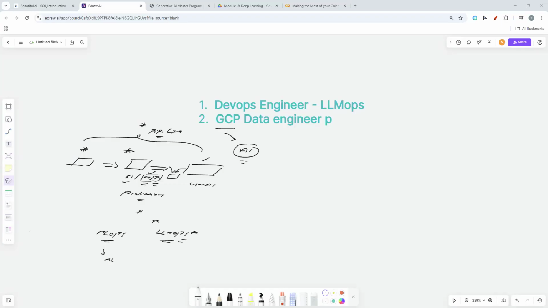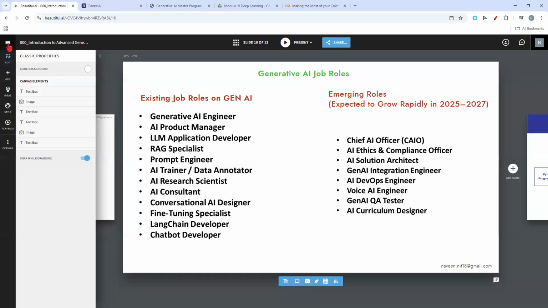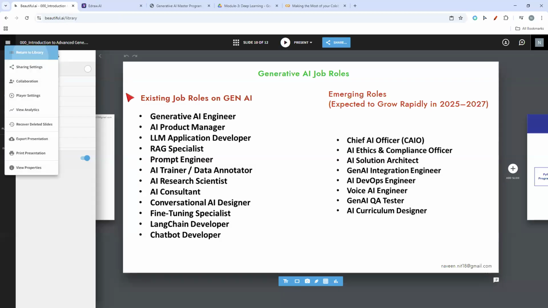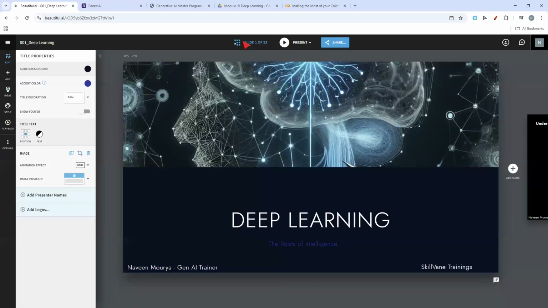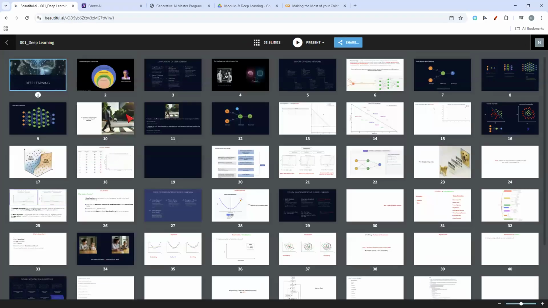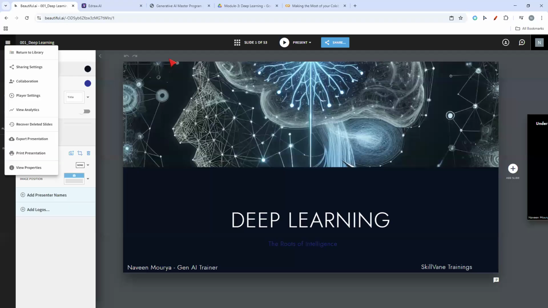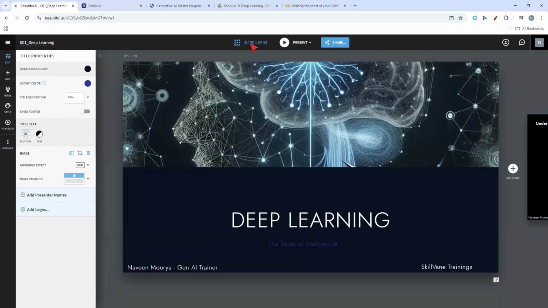So you'll understand my way of teaching, and also how things are going as part of this generative AI course. We'll cover the first session of deep learning, what deep learning is all about, and you can see how interesting things will be as part of this course, right? So tomorrow, please try to attend the session. Tomorrow onwards we are going to cover the generative AI part. At least we'll cover what deep learning is all about.